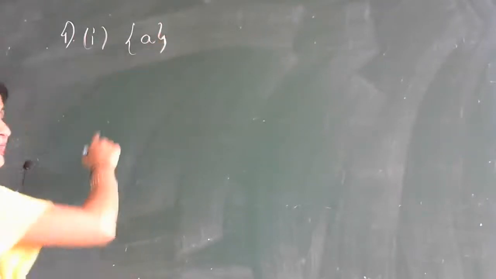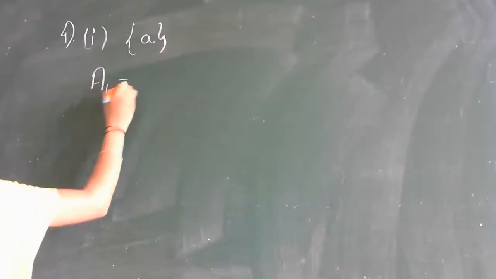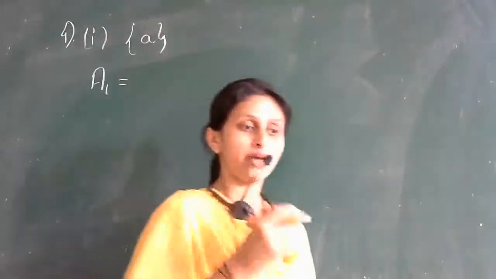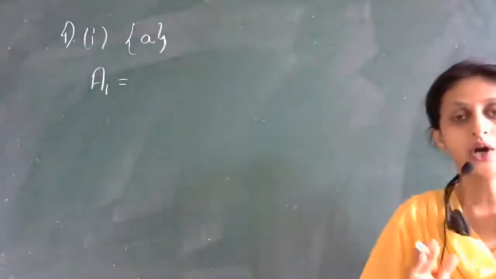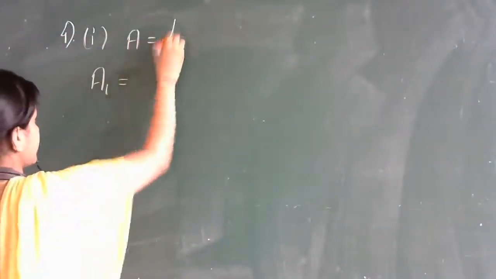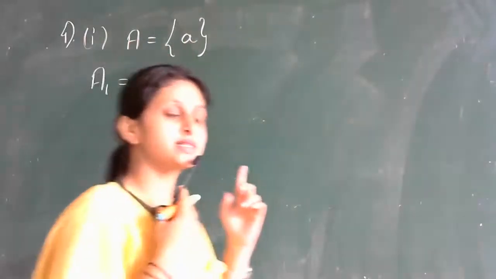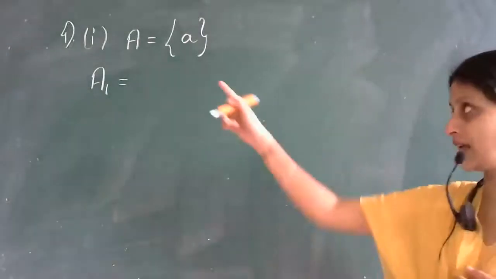First one is, they have given us set A. So we have to write subsets of this set. So which is the first subset, students? See, before writing the subsets, to verify whether you have done it correct or wrong, what you have to do is count the number of subsets first. Now since this set is having, suppose let us give it some name. Suppose I will give it as A. So this is my set A, which contains single element. I have given it just a name.